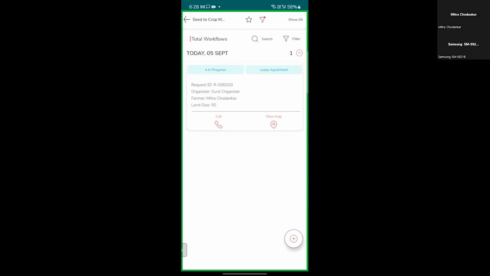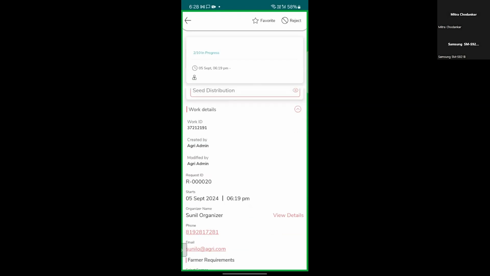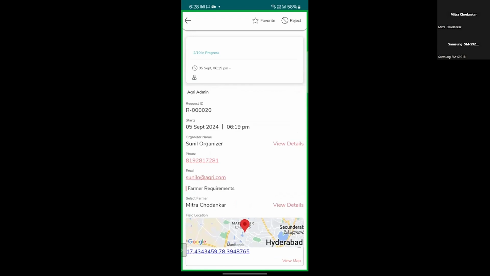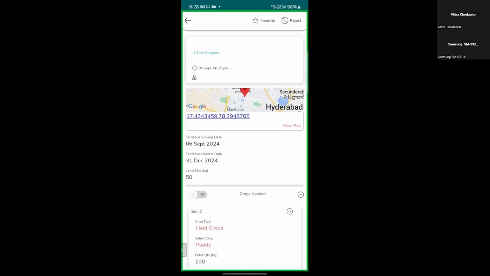So here you can see the request ID, the name of the organizer, the farmer, and his land size. Now I can click on this card to see the further details. Now here, if I scroll down, you will be able to see all the data that we have collected so far, like the phone number, the email, the location of the field,